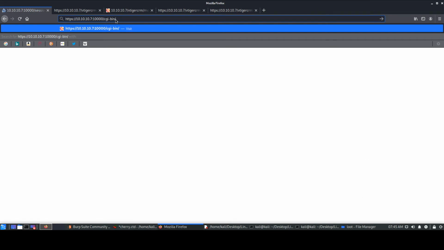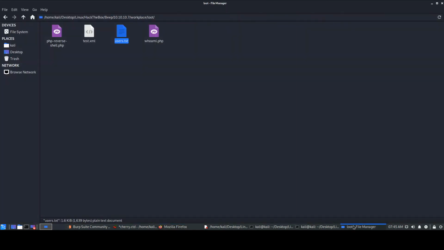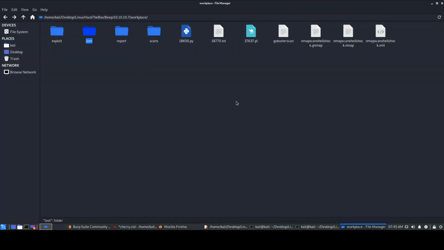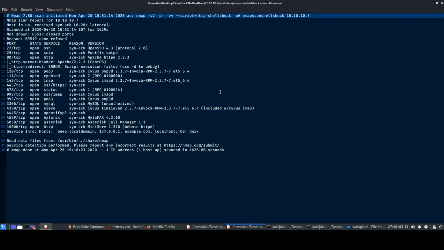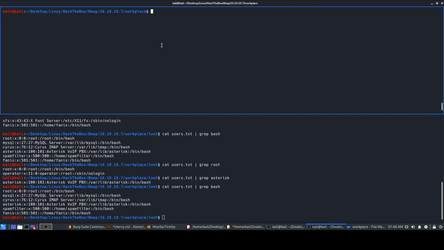So CGI is present. One thing I would do is try and run an nmap script which checks whether that port, or rather the service, is vulnerable or not. But I did run the nmap scan and I could not find anything. I just gave the all-ports scan, but you obviously can just give this, and you can give the NSE script, that is the nmap script, for this. So probably just take this and you can run it as well.